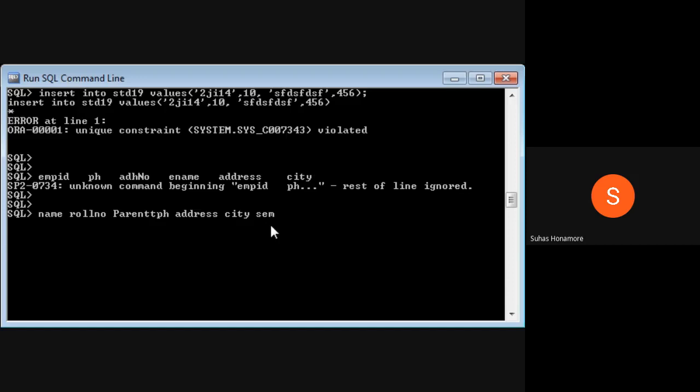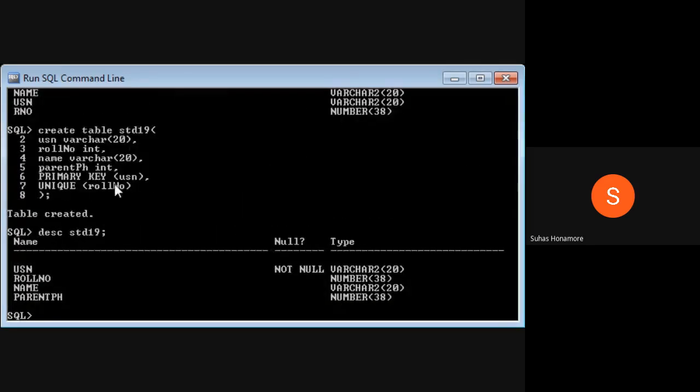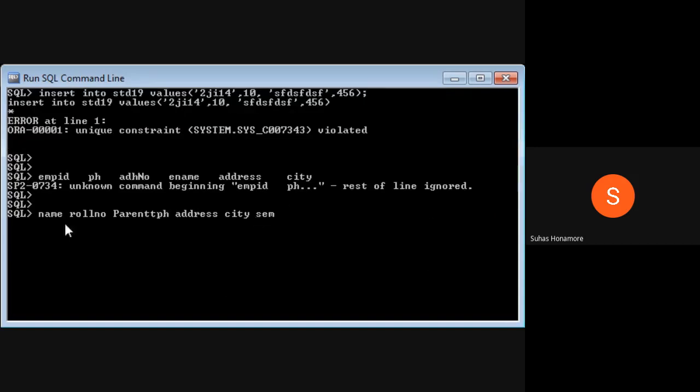Now we will go to the actual definition of primary key. The definition says a set of attributes, which may be one or more than one. In the previous example we had only one attribute, USN. In this example it is roll number and sem together.